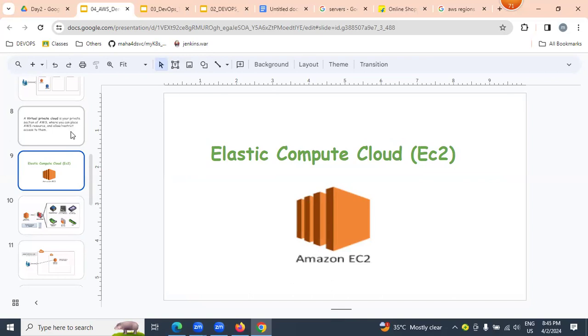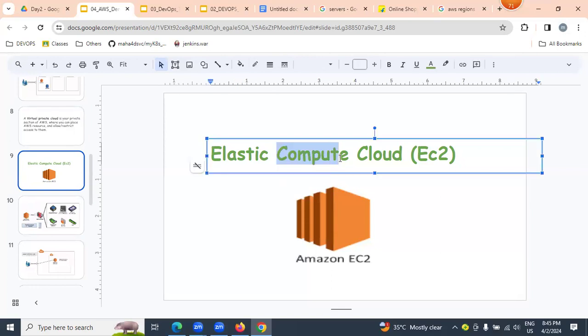Elastic Compute Cloud. What is the meaning of EC2? Computing power, like RAM, CPU, operating system, is what we call computing power.